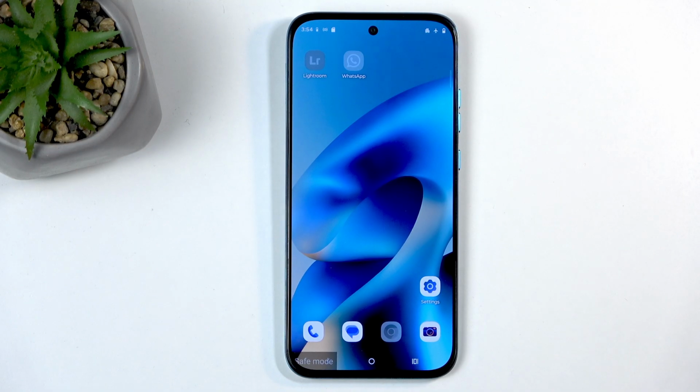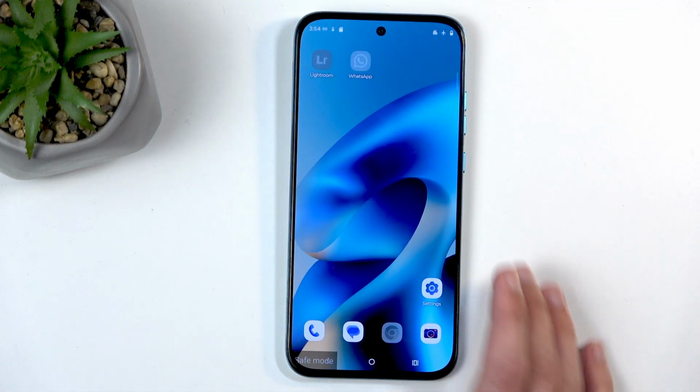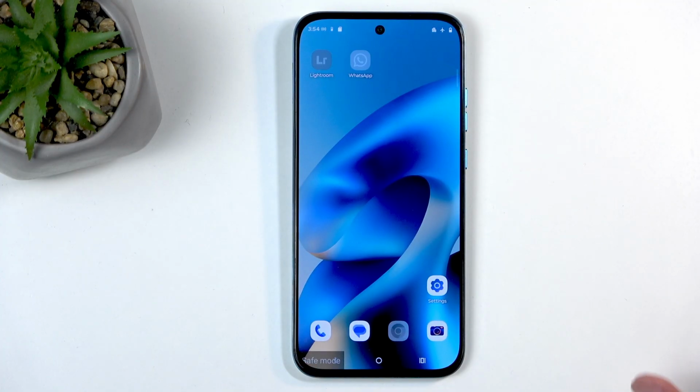So, any application that you have installed after the setup, which basically is every application, will not work in this mode. This is designed for troubleshooting purposes. If, for instance, you're an app developer and you created some kind of application that is causing you problems to